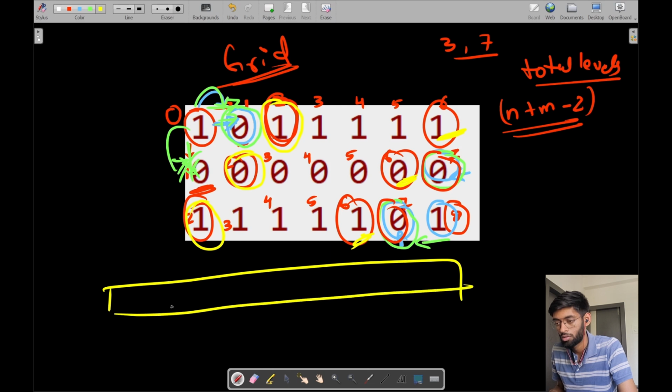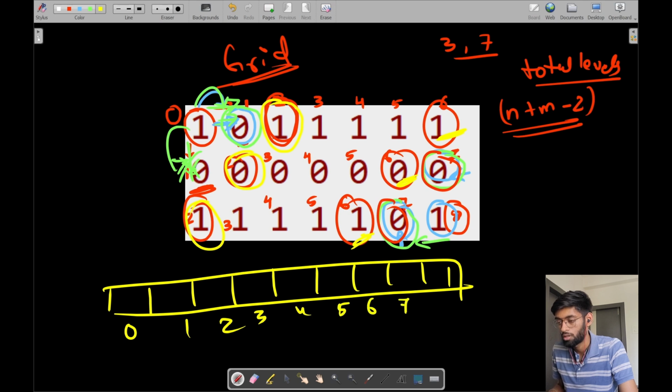in which this is level 0, 1, 2, 3, 4, 5, 6, 7 and 8. These are the total levels possible. Let us just count how many ones are on each level. So on level 0, 1 is there. This is level 1, number of ones on level 1, 0. Number of ones on level 2, this and this,